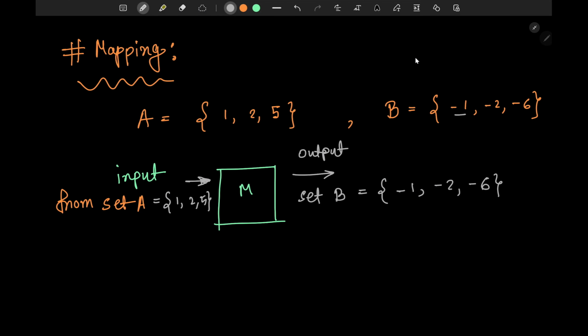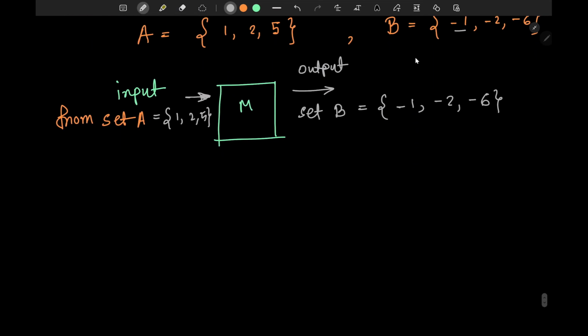So this machine is consuming the elements of set A and producing elements of set B. In this sense, mathematically, we will call M in general a mapping